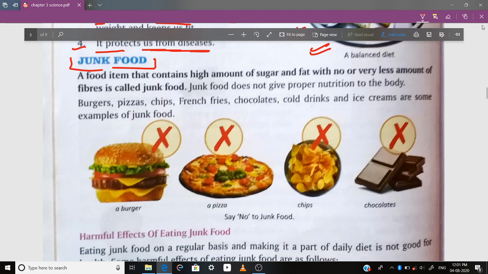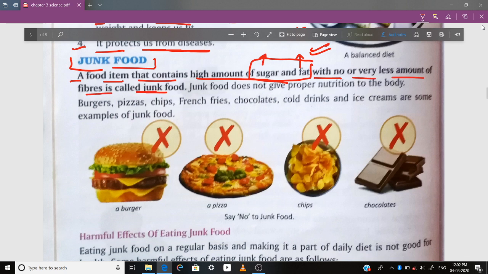On the other hand, junk food is something bad. It is something which we should avoid. Now, a food item that contains a high amount of sugar and fat. This is a very important point to remember. A food item that contains a high amount of sugar and fat, with no or very little fiber, is called junk